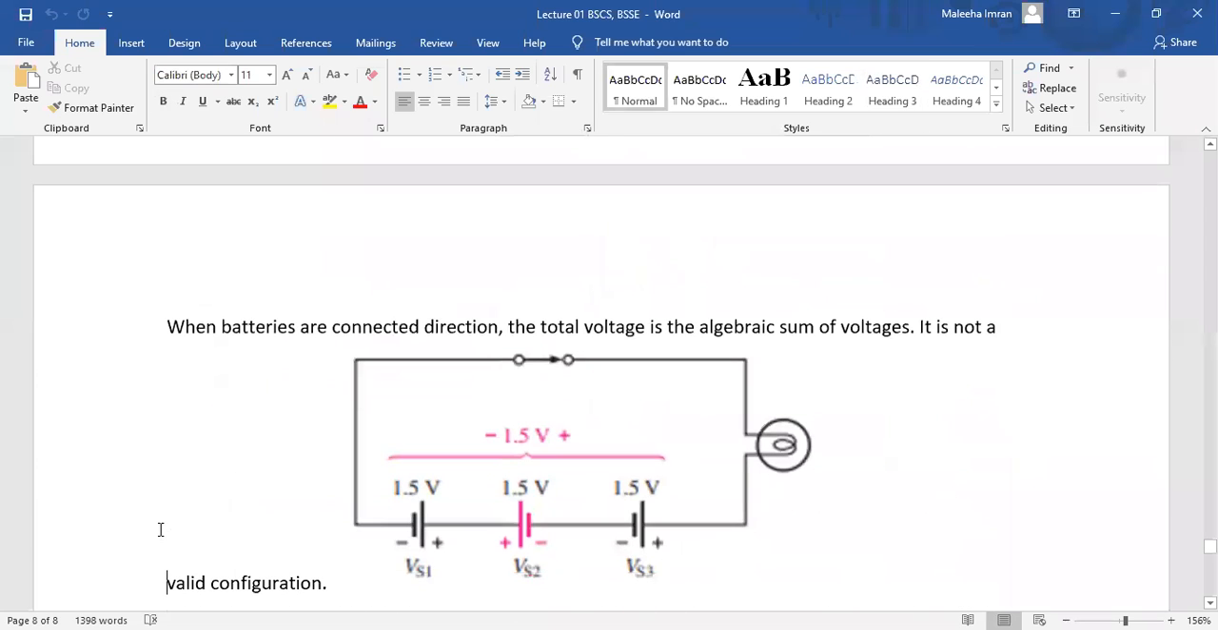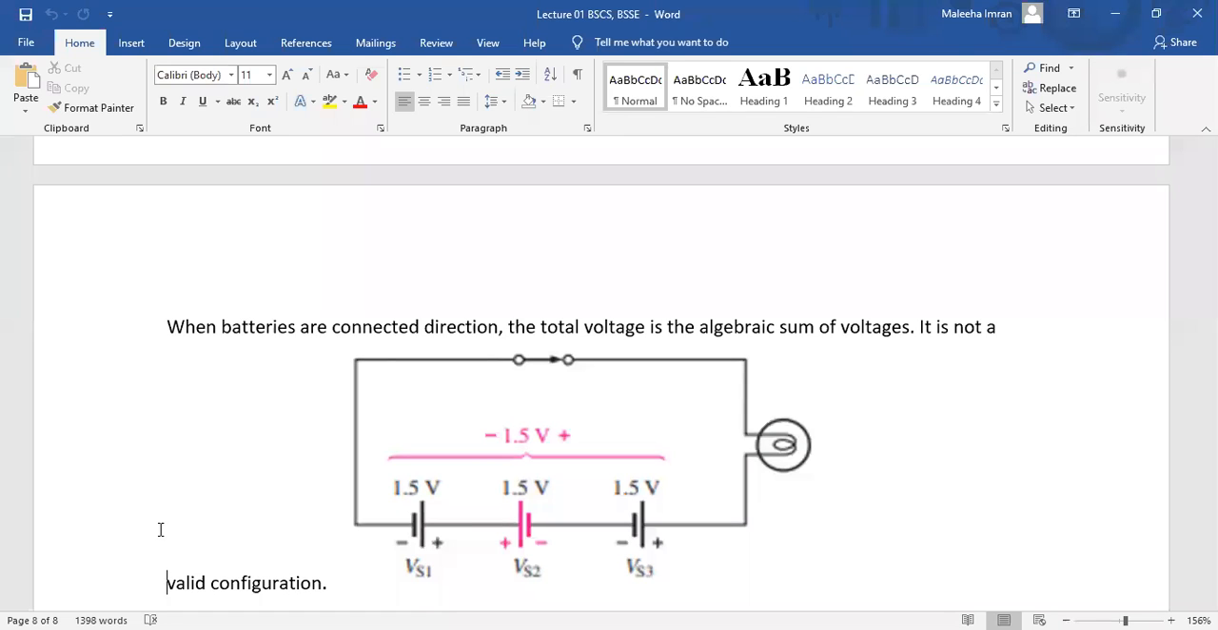Now, this is a situation. In this situation, what you observe? In this figure, you observe that all the cells are not connected end to end. आपके तमाम सेल एंड टू एंड कनेक्ट नहीं हो रहे, क्योंकि एक सेल का नेगेटिव दूसरी सेल के नेगेटिव के साथ कनेक्टेड है और एक सेल का पॉजिटिव दूसरी सेल के पॉजिटिव के साथ कनेक्टेड है। If you start from the right side, from here what you see, the positive terminal of the VS1